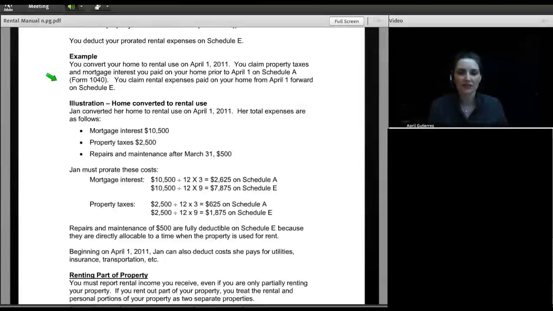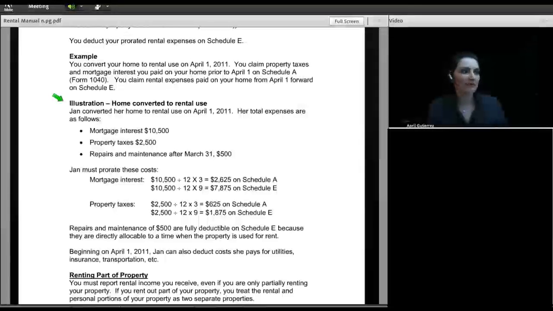And if you enter numbers on a particular screen, it will divide them between Schedule A and Schedule E. I don't like that feature too much. I don't like relying on the software to make all of my decisions for me, but a lot of software has a screen like that or a worksheet like that that will divide rental use for you. But in general, I think the smart preparer, the top dog preparer, is going to really pay attention to what